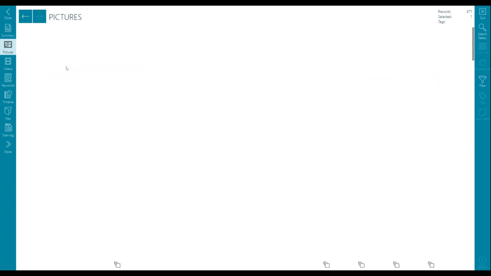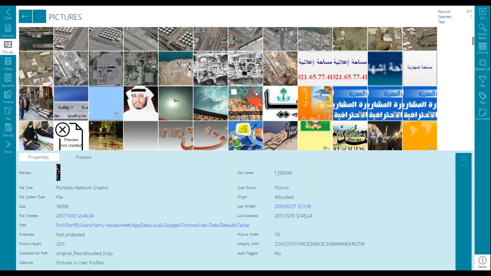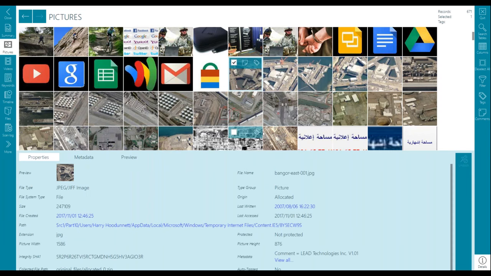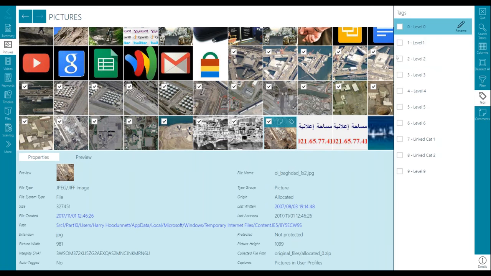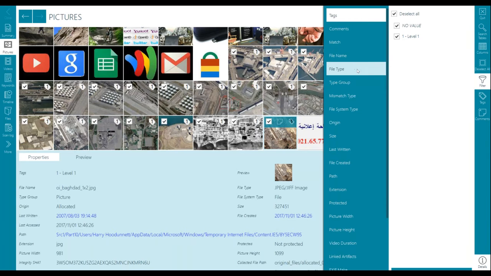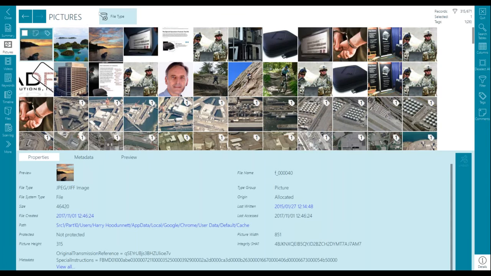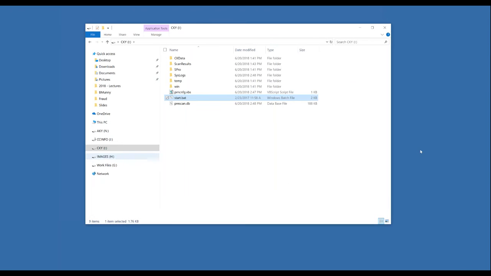If I knew there was some pictures here that were of importance to me, I would be able to select those. I would be able to bookmark those. If I wanted to filter and look for a specific file type, I can filter all my pictures down to just JPEGs, just to show you that. So on scene, I could do that. Once I close that,